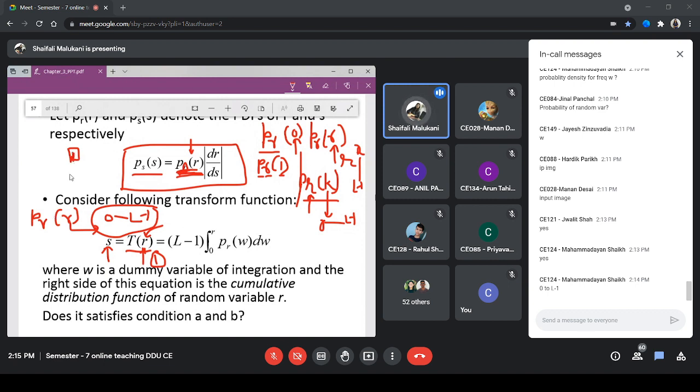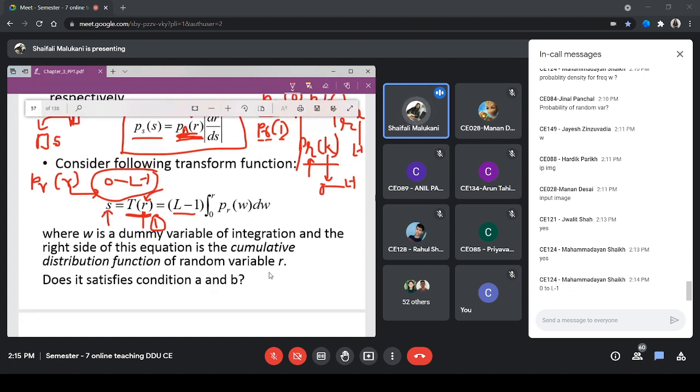I want to find out what kind of transformation I should apply over that, such that I obtain a new value here, which is S. Some function is applied over this so that a new value is obtained. What is that? It is nothing but L minus 1 times the integral from 0 to 1 of PR of